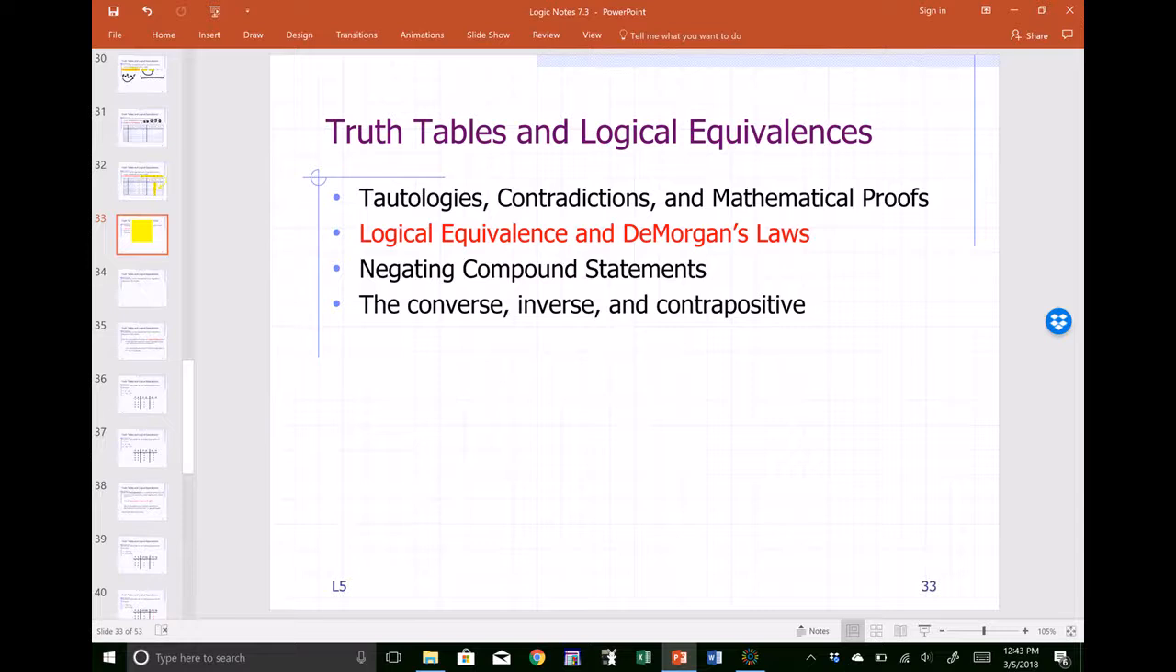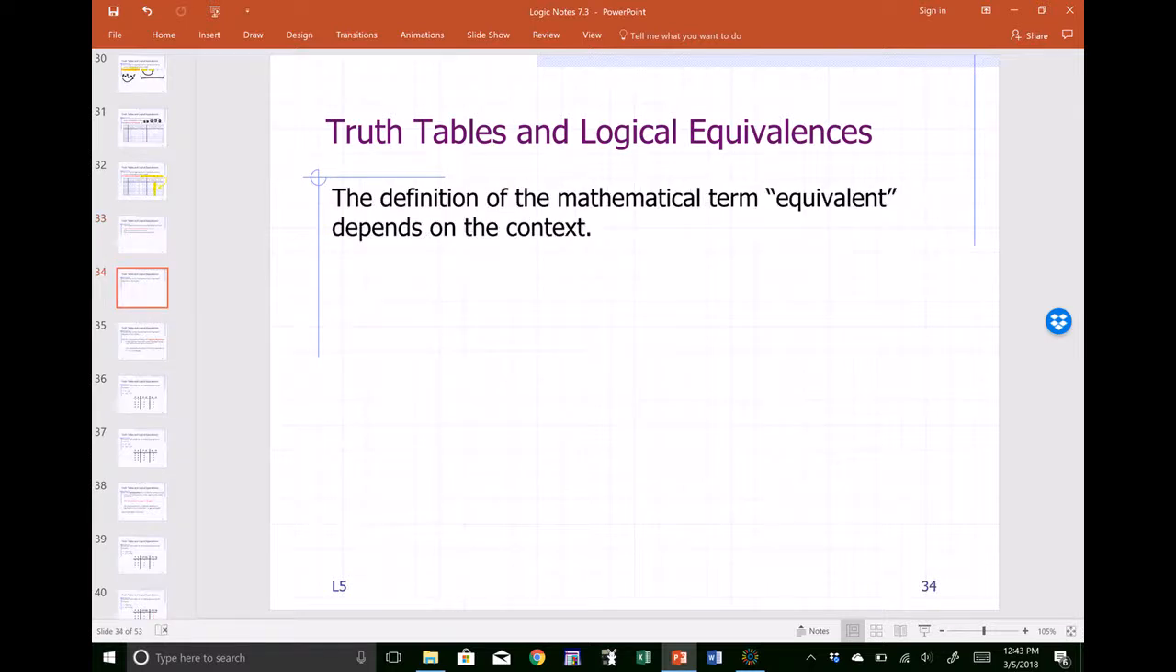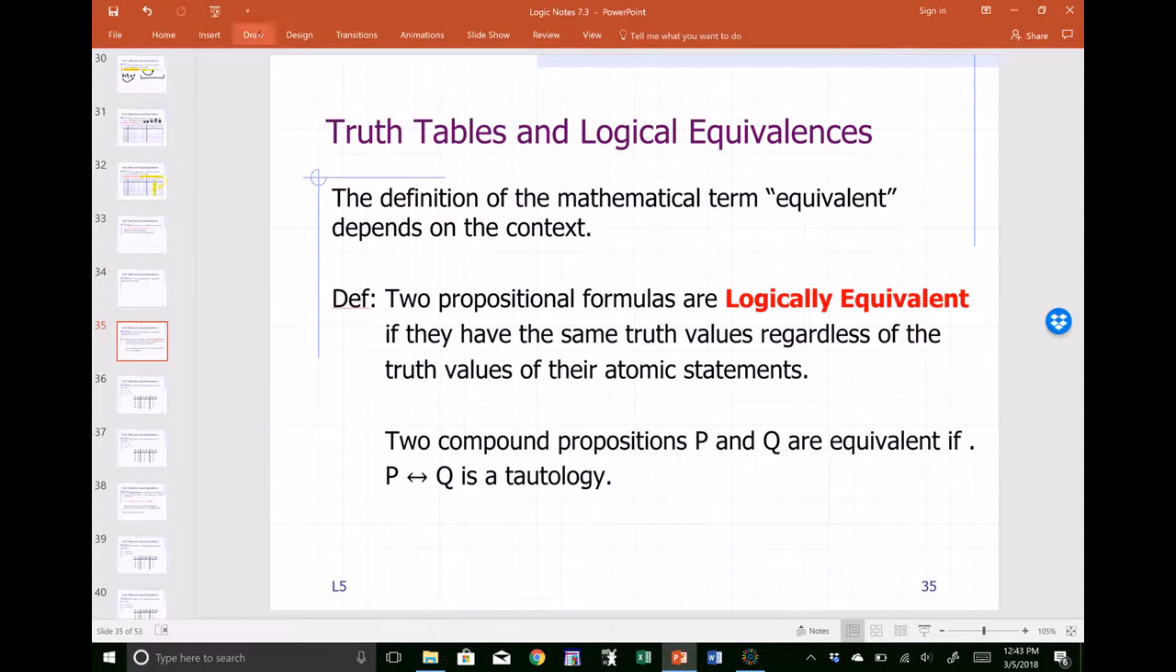The next topic I want to talk about is logical equivalence and De Morgan's laws. The word equivalent is defined in different ways in different areas of mathematics. In the context of Boolean logic, we will say two propositional formulas, these are compound statements,